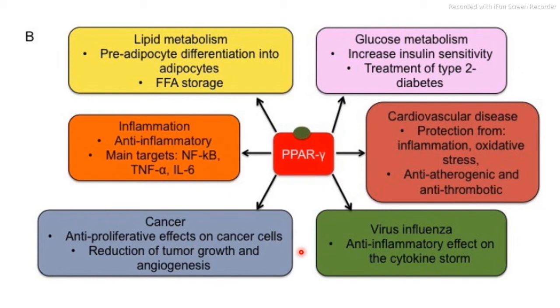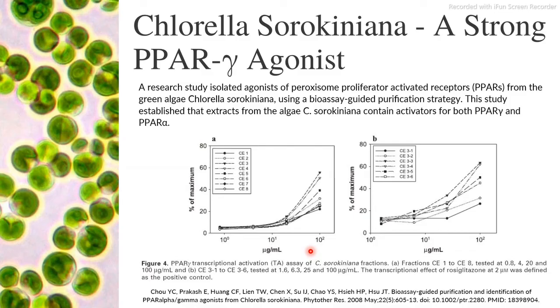So, what we really need to do in this current pandemic is to stay prepared. We can only avoid the virus from infecting us to a certain extent if we keep our bodies free of ROS, with boosted levels of antioxidants and a healthy immune system. The infection cannot go past our defense system. Chlorella sorokiniana is a very strong agonist of PPAR-gamma. Taking this would give our body the push and the upper hand that it needs to get itself ready for